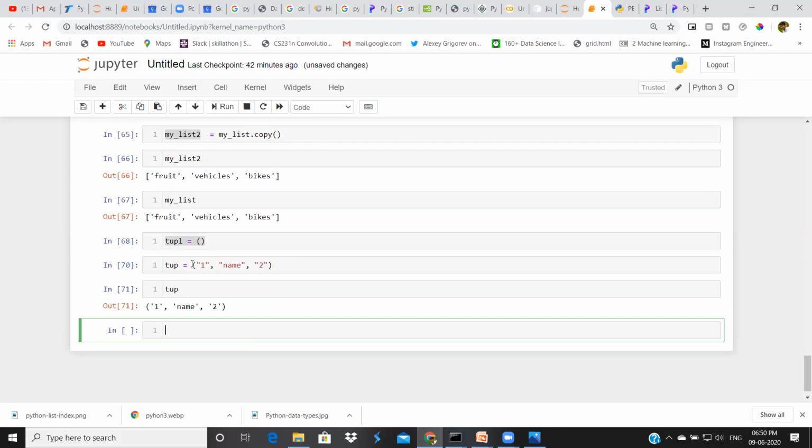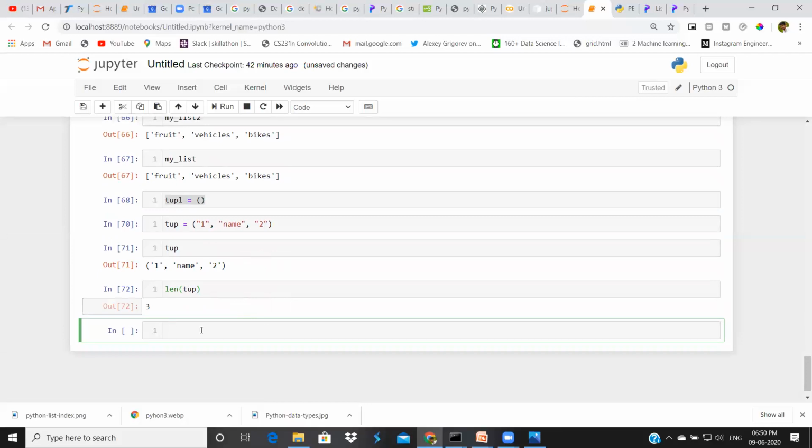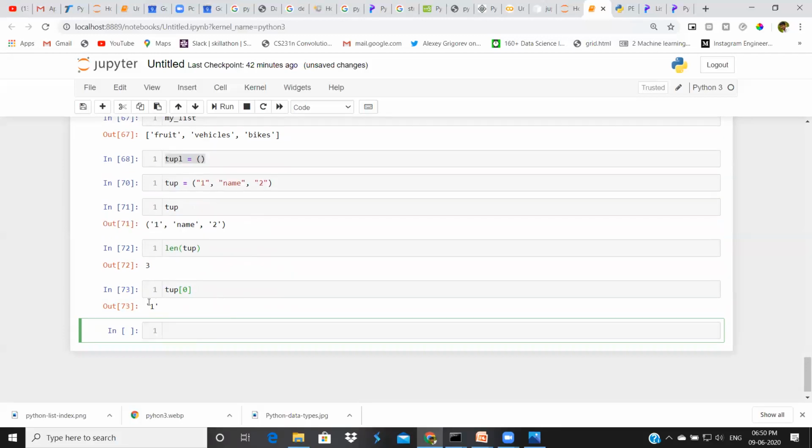We have an index for a tuple as well. It starts from 0 and goes on, depending on the length of the tuple. Suppose the length of the tuple is 3. I want the first item from the tuple, so I give 0, and I got the first item from my tuple. In the same way, for extracting an item from a tuple, we use square brackets.